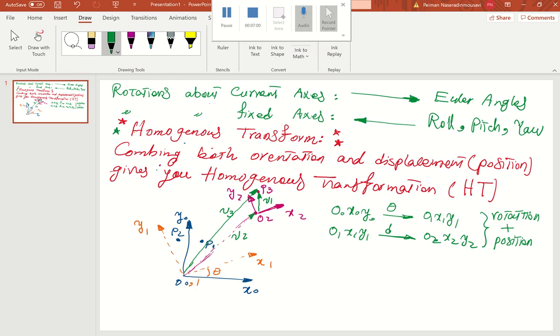So we know, simply from high school, that vector V3 is V2 plus vector V1. So V1 is due to